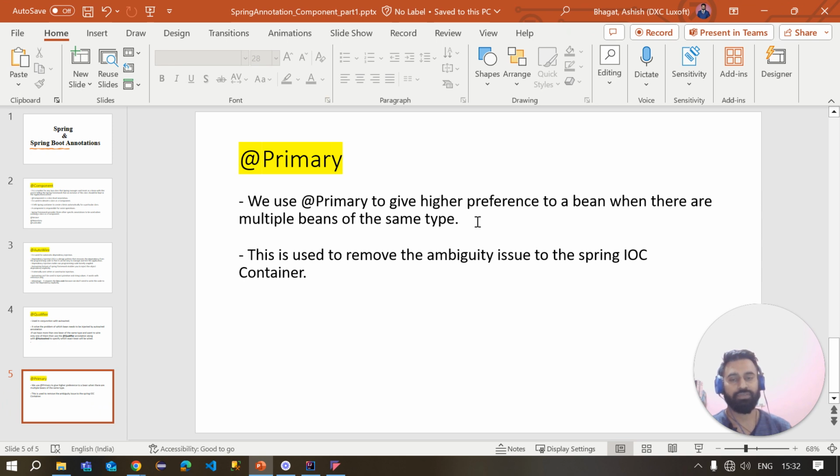First of all, let's understand what the @Primary annotation is. Basically, it is used to give higher preference to a bean when there are multiple beans of the same type. There may be a situation in your Spring Boot application where there are multiple beans of the same type. Then with autowire, your Spring container will get confused about which particular bean it has to inject. So for that we use the @Primary annotation, so that we are telling the Spring